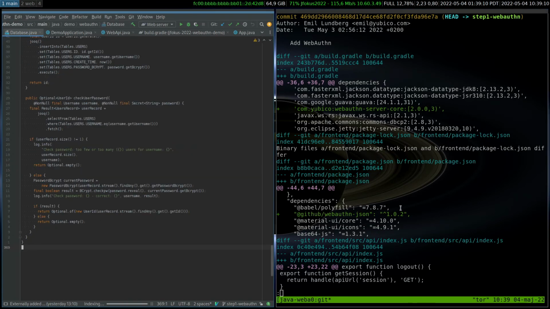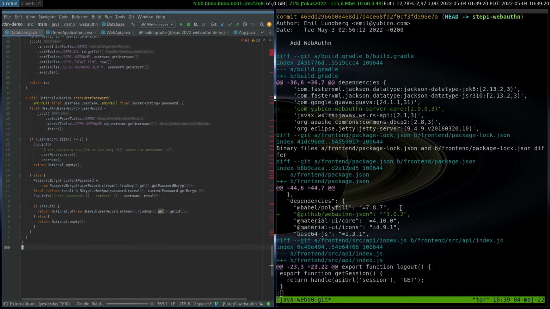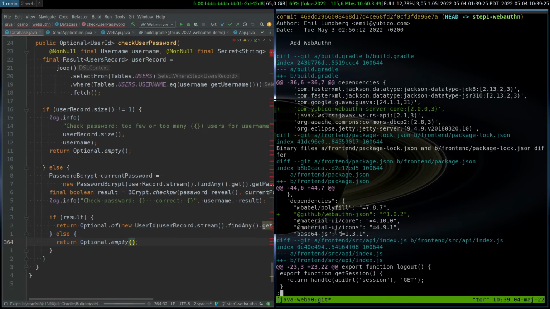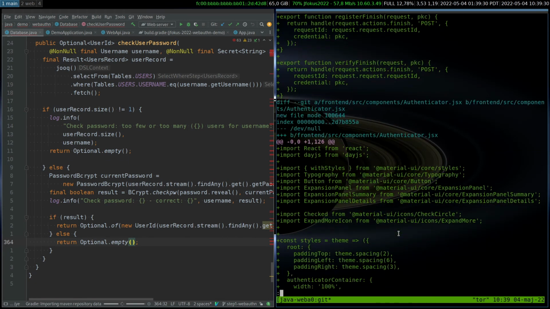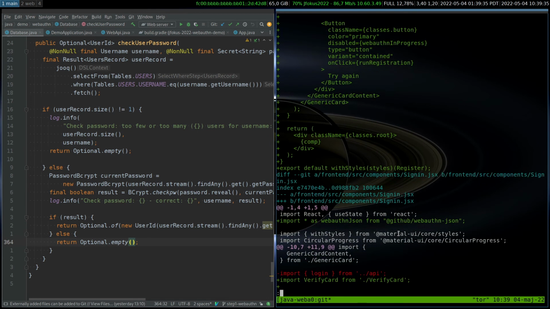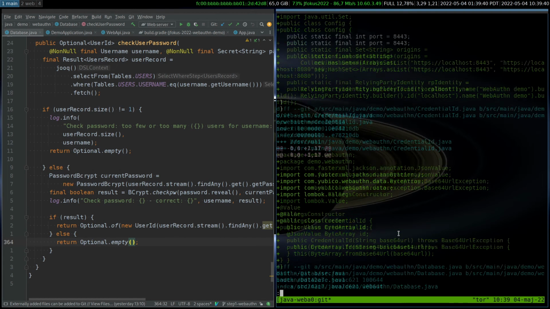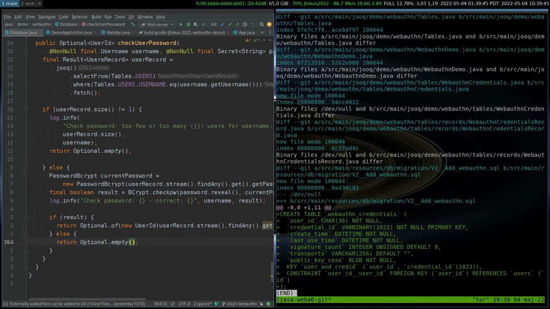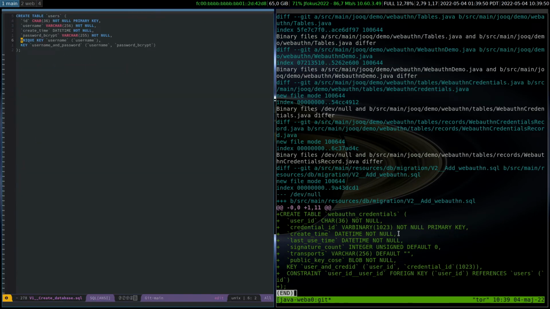Now we can dive into the Java code here. Let's make this a bit bigger as well, and let's take a look at what we've done. We added a couple of API access methods to our front end, some front end components. We'll get back to those later. And let's see, we'll go down here, adding some config things. But most importantly, what I want to get to is, actually here at the end,